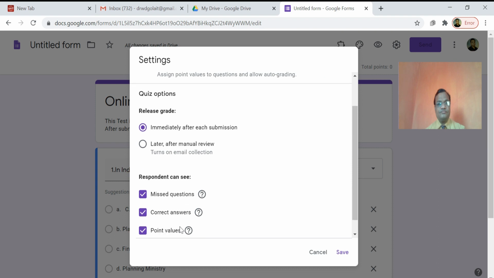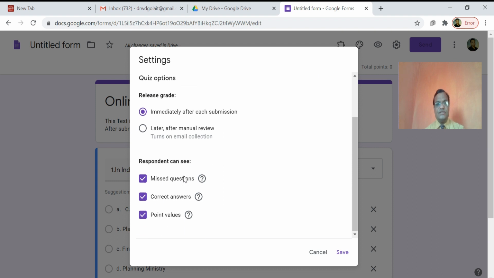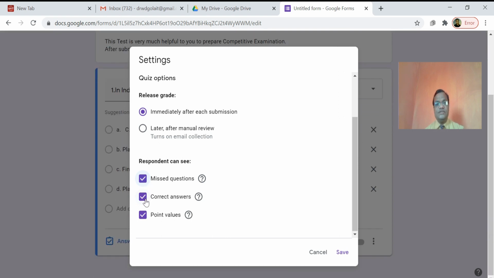Okay, now the respondent can see missed questions. Sometimes a student can forget to solve some questions. If you switch on this button, they will be reminded by the system. And if a quiz organizer wants to know the correct answer of the questions, then there is the point value.